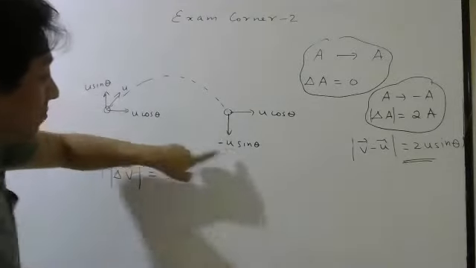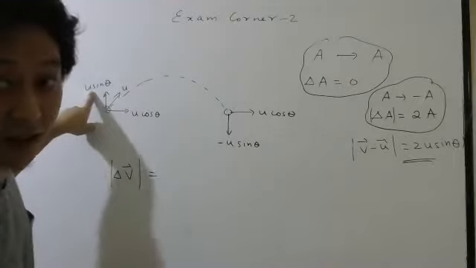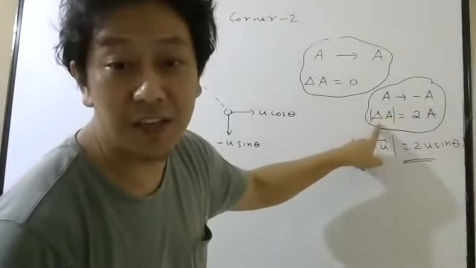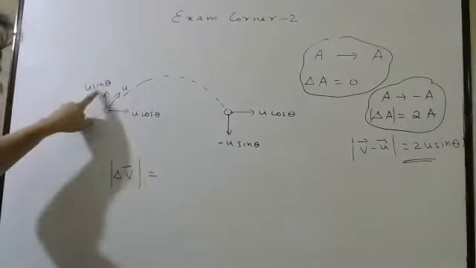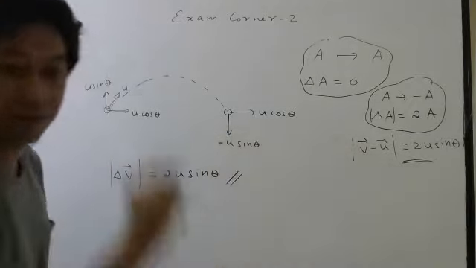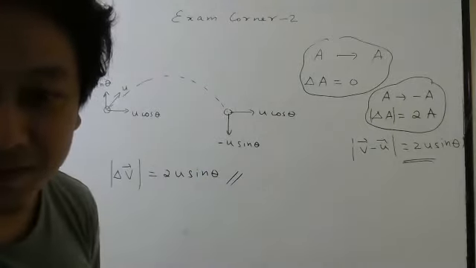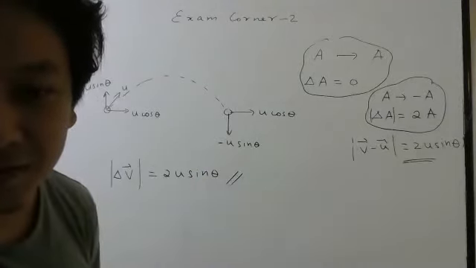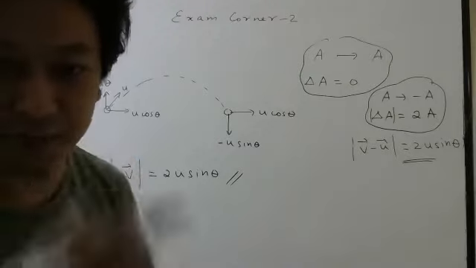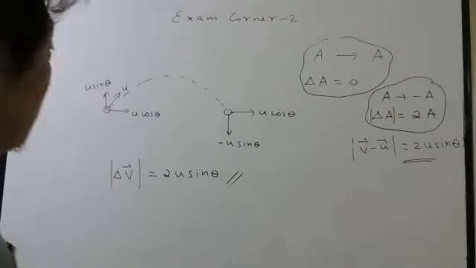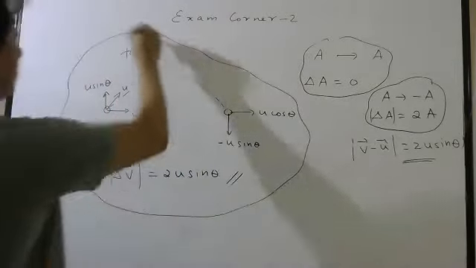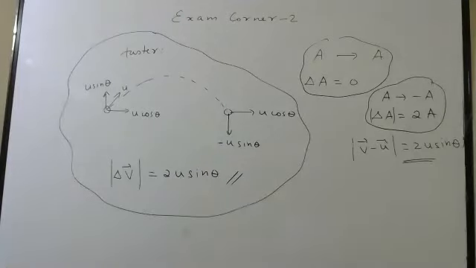And because of this, see, minus u sin theta has become minus u sin theta. Here what I told, if a becomes minus a, what will be the change? 2a. So if u sin theta becomes minus u sin theta, the change will be 2u sin theta. Can't you do this in 20 seconds? Easily we can do. I may have taken 40 like that, but because I was explaining to you. So write this also, the faster way, quickly.